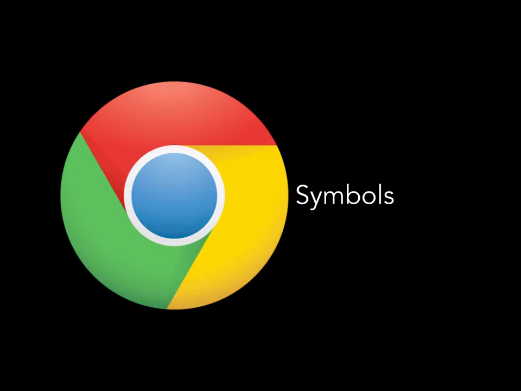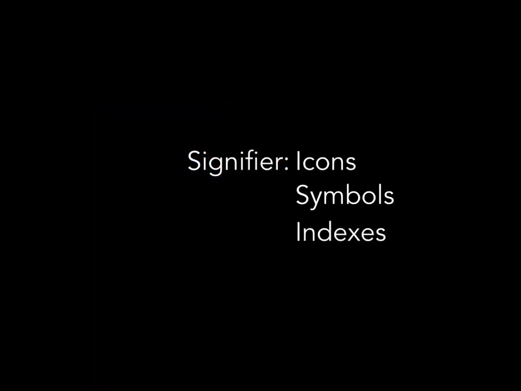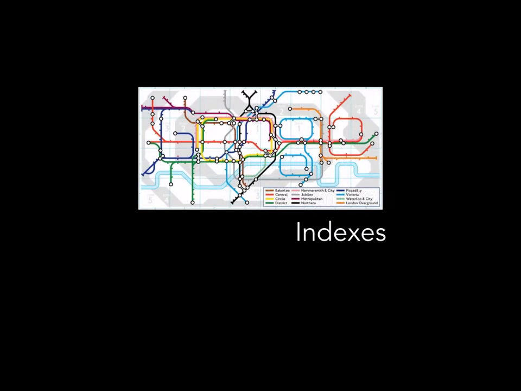Okay. All right, so besides symbols, the last signifier is this thing called indexes. Now, an index describes the physical connection between the signifier and the signified. The signifier being the Google logo, and the signified being all kinds of things in terms of Google. Well, this means that the signifier can't exist without the presence of the signified. And Google does this with their Google Doodles. They couldn't exist, in terms of what they're signifying, without the signifier of Google,